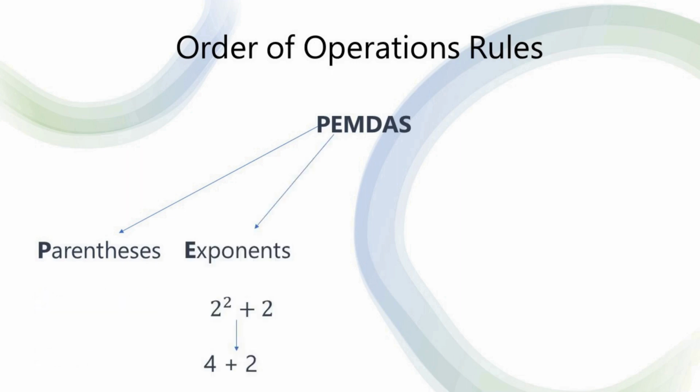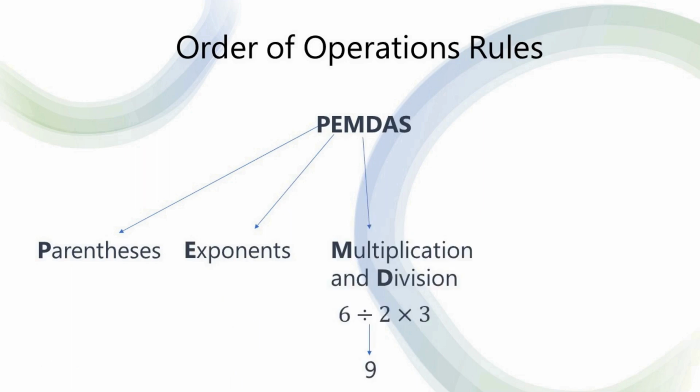E stands for exponents, meaning after parentheses, evaluate expressions with exponents. For instance, in 2^2, you calculate the exponent, which is 4. The letters MD stand for multiplication and division. Moving from left to right, perform multiplication and division. For example, in 6 / 2 x 3, you first divide 6 by 2 to get 3, and then multiply it by 3 to